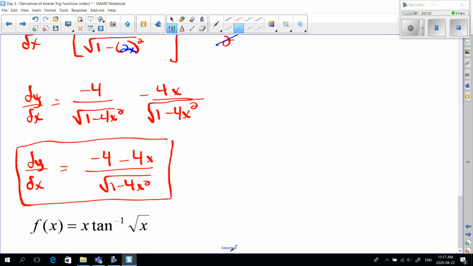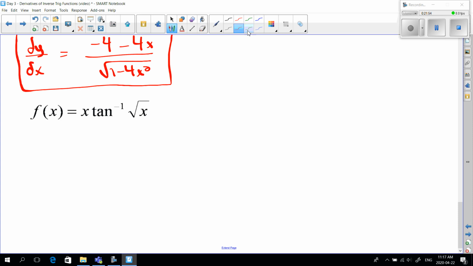Last one, okay? This last one has a product rule in it. This says x times the inverse tangent, that negative is hard to see here, of root x. So in order to do a product rule, remember the product rule is the derivative of the first, the derivative of x would be 1, times the second. The second function in this case is the inverse tangent of root x, plus x, the first, times the derivative